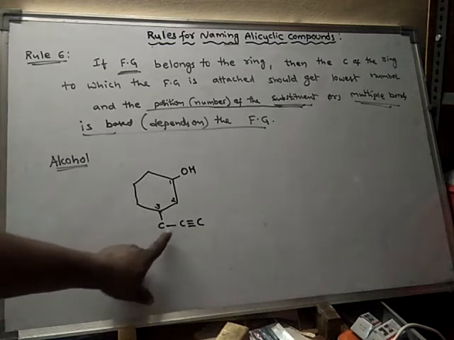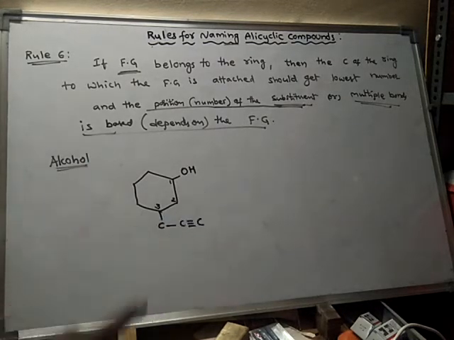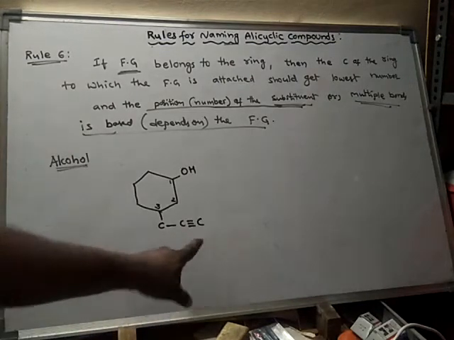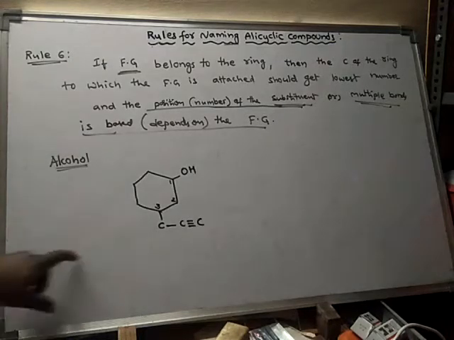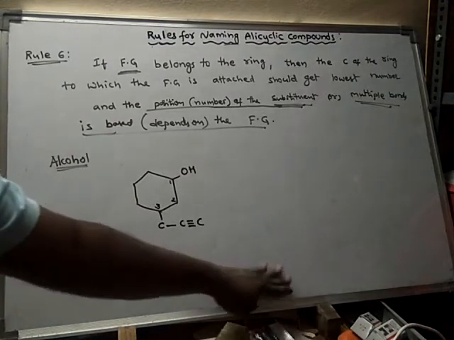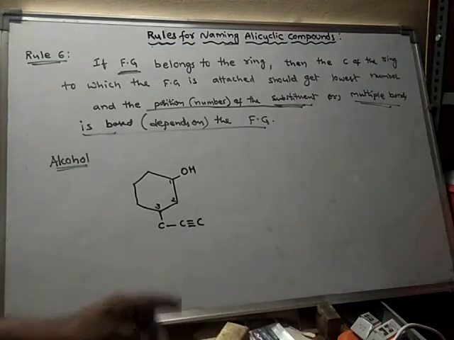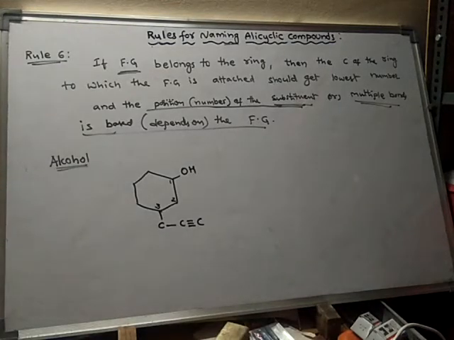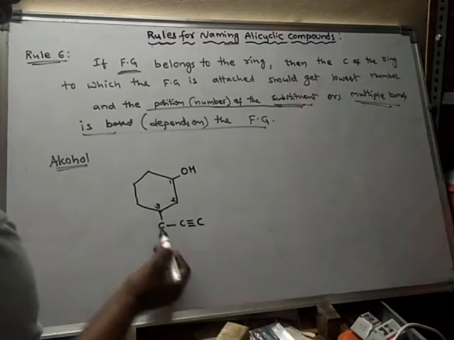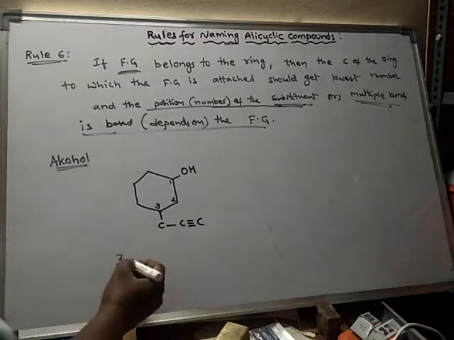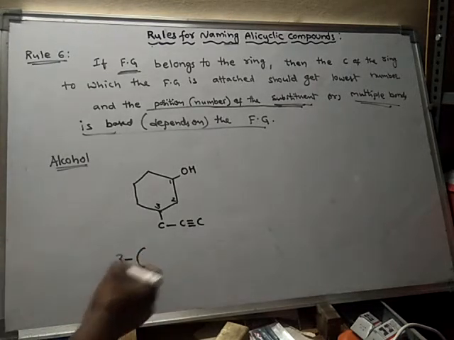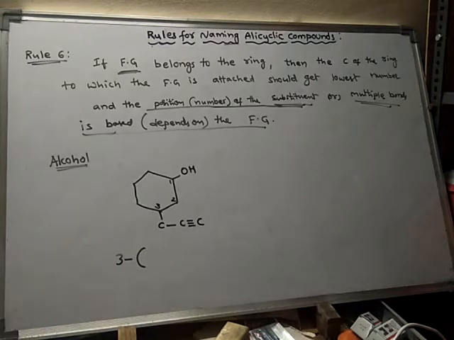Whenever a side chain contains multiple bonds, we should treat it as a complex side chain. Hence, as it is a complex side chain, we have to write that side chain in brackets. So while writing the name of this compound, we have to mention this side chain in brackets because it is a complex side chain. So what is the name of this compound? This complex side chain is present on the third carbon. Hence 3, hyphen, bracket starts.